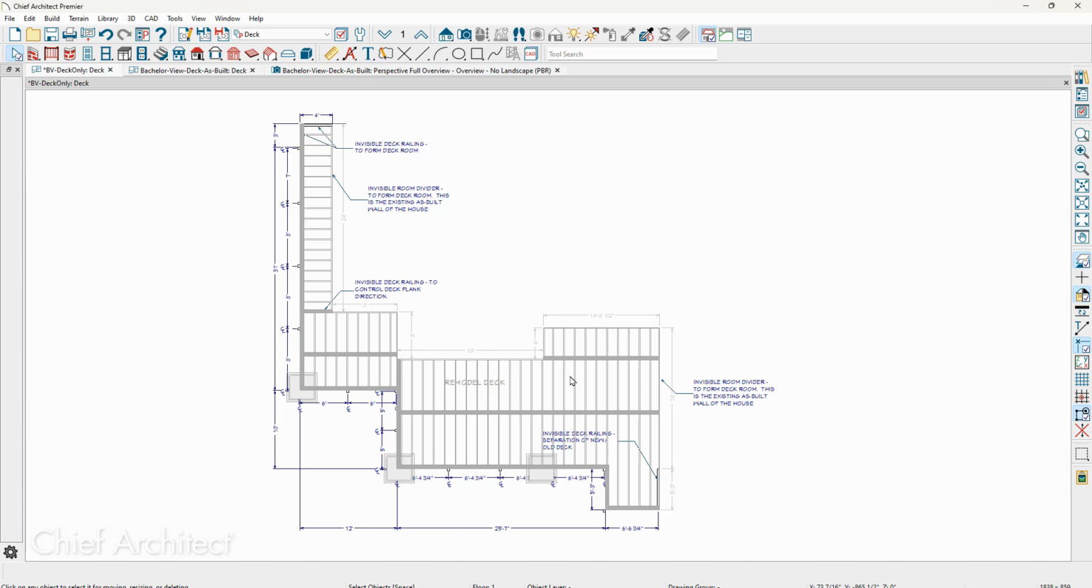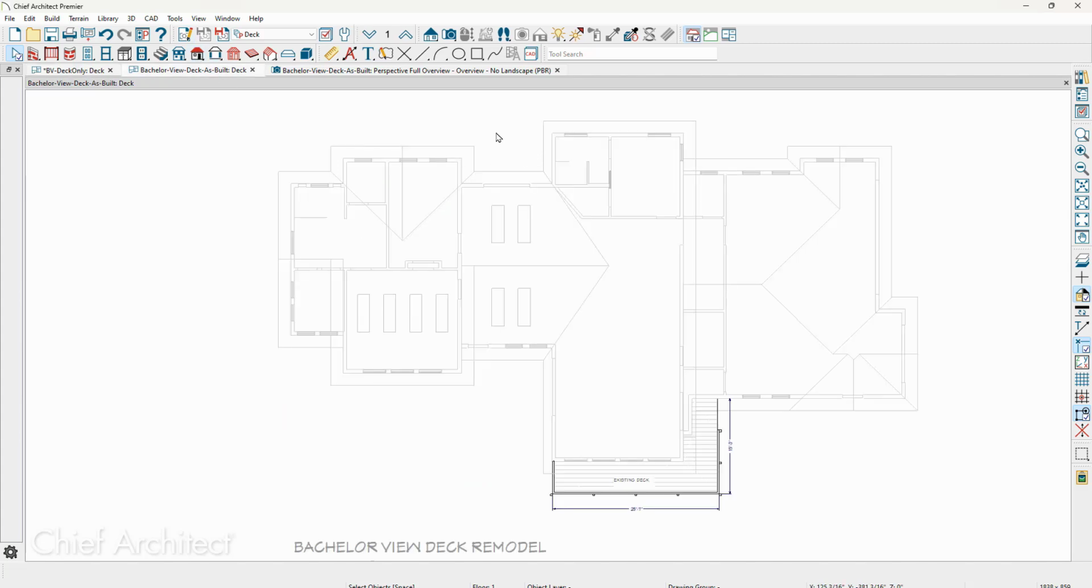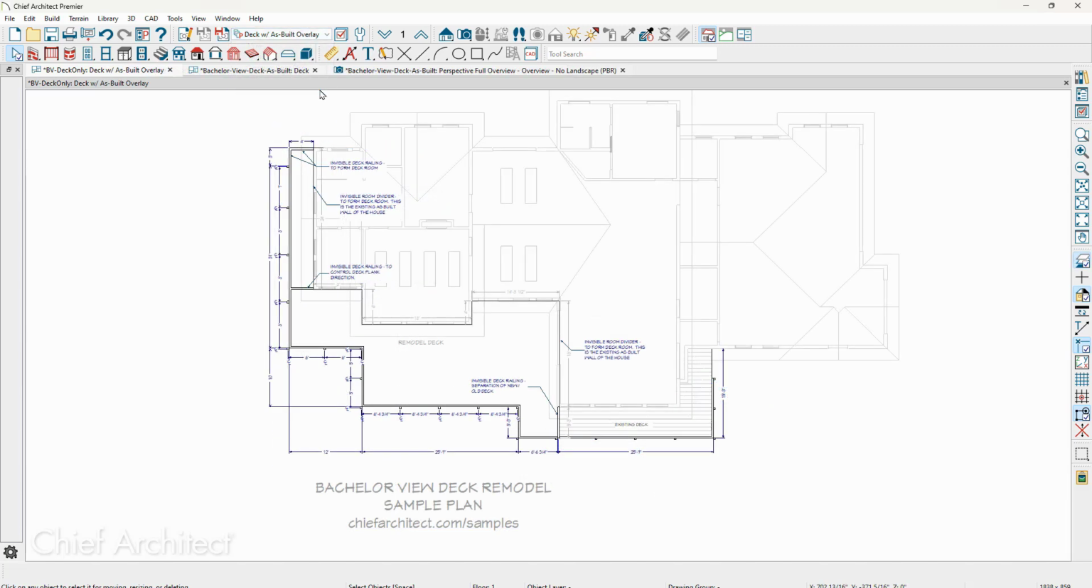We took a look at showing the framing below, which is nice because that's occurring on the floor below using F9 and reference display. You can also use reference display to reach out to the as-built plan that I have up here on the screen. Using that reference display, I created a saved plan view called the deck with the as-built overlay. Let's go ahead and switch over to that view. And that pulls the as-built plan information in